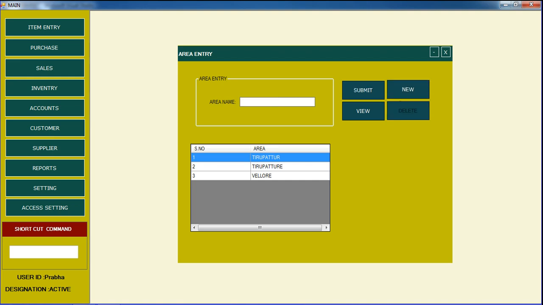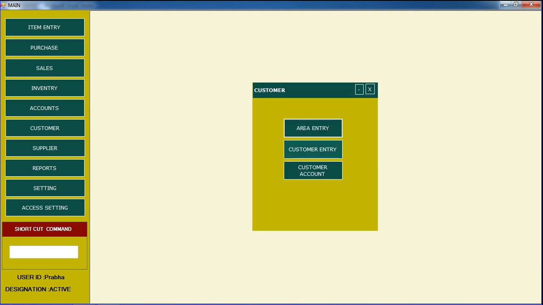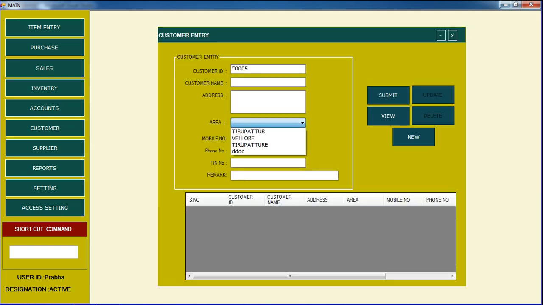A new customer, just a new customer. I go to some area, DDDD. This is new, and clicking means it will be added here, and then just close it, and then go to customer and it will open here. See, DDD came here. Like this purpose only I get here.